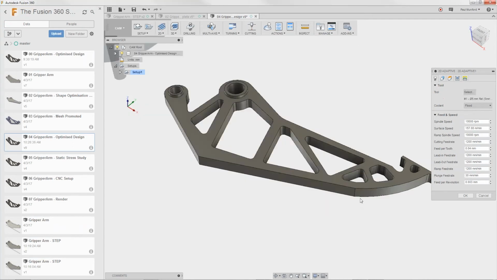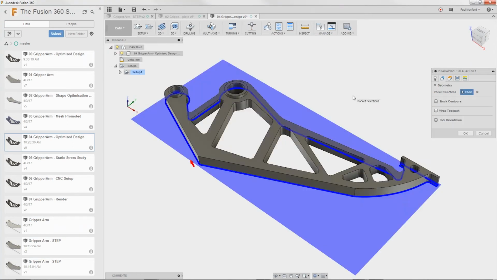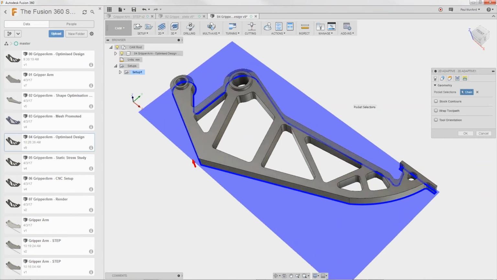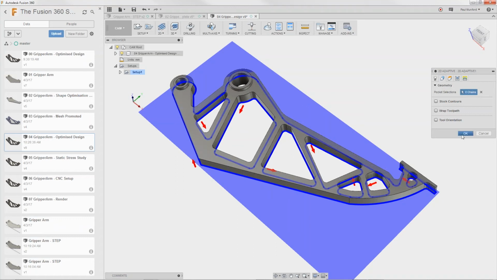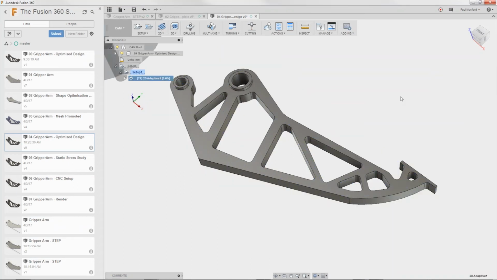and then setting up the tooling. If I just come over here, I'll start with an adaptive clearing. So this would be tooling that just removes as much material as possible. So the first thing I'll do is select my tool. Fusion 360 comes with a lot of tools out of the box that you can use, and these tools can be coordinated using your local account. So if you do want to create your own tools, they'll be saved into your account and you can use your own tools in here, and obviously you can filter down this list. So if I went with a 5mm diameter flat end mill just to clear this part away, I'll pick OK,